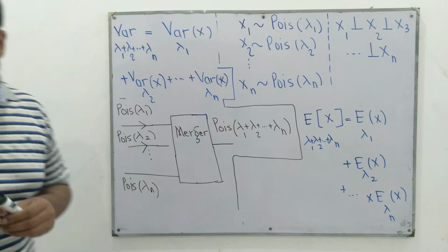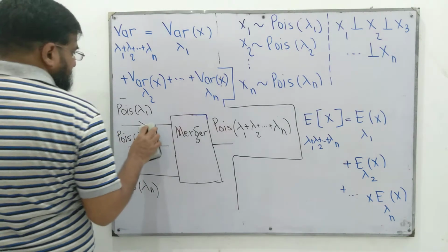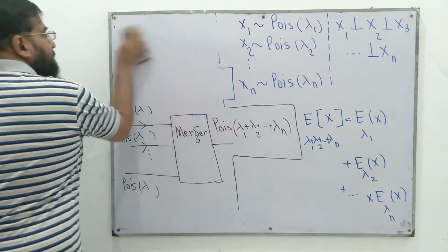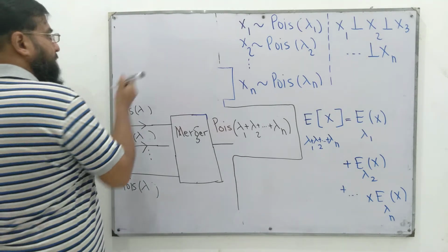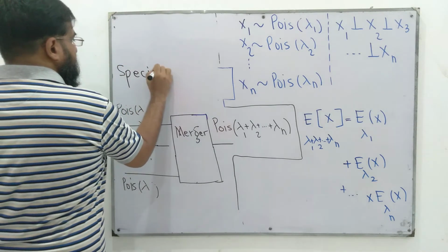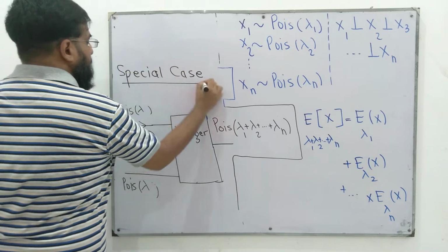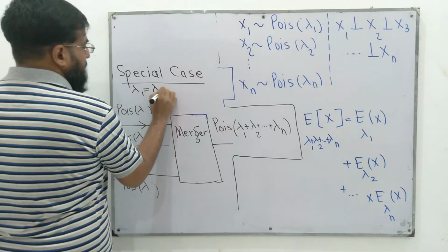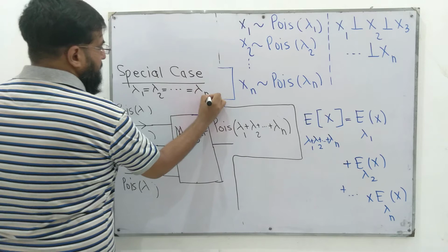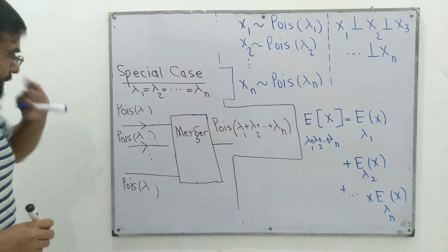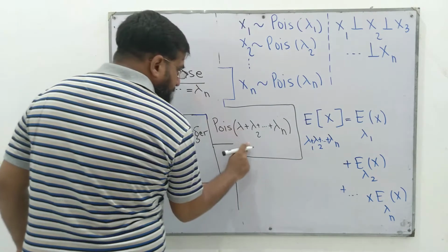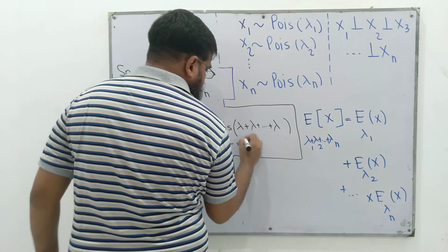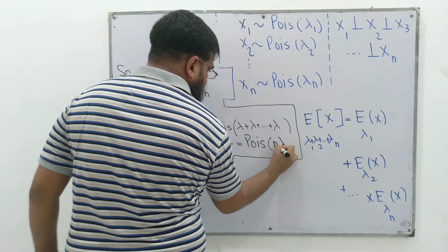Right, but there is a special case where we have all these lambdas equal. If all lambdas, lambda 1, lambda 2 up to lambda n, are equal, we call them lambda. So what should be the parameter of the merged process? This should be Poisson of n lambda,